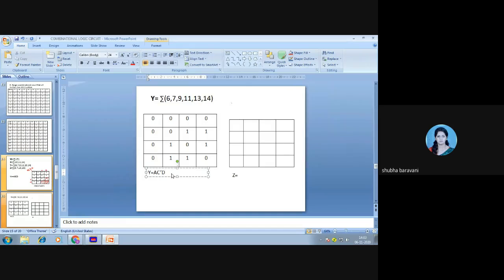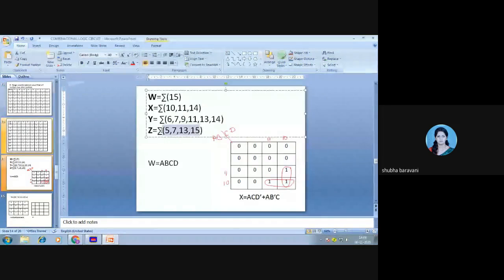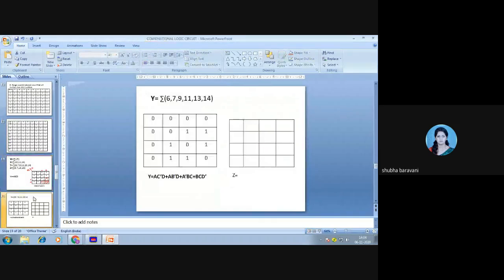A C bar D plus A B bar D plus A bar B C plus B C D bar. Check. All of you check this for Y.